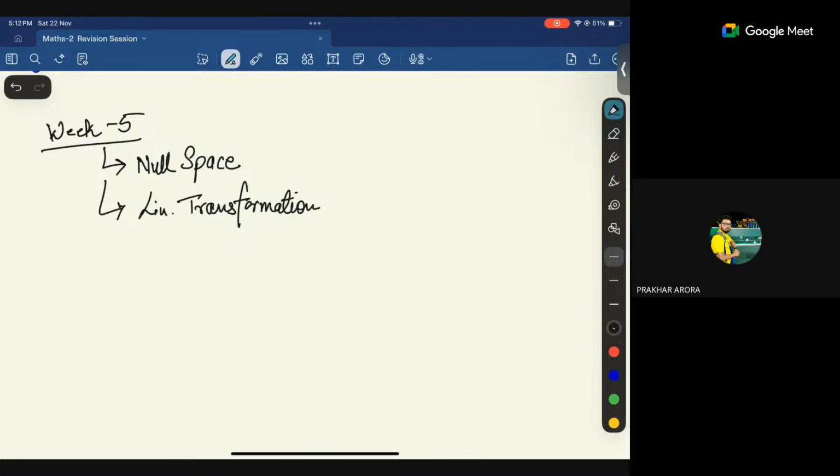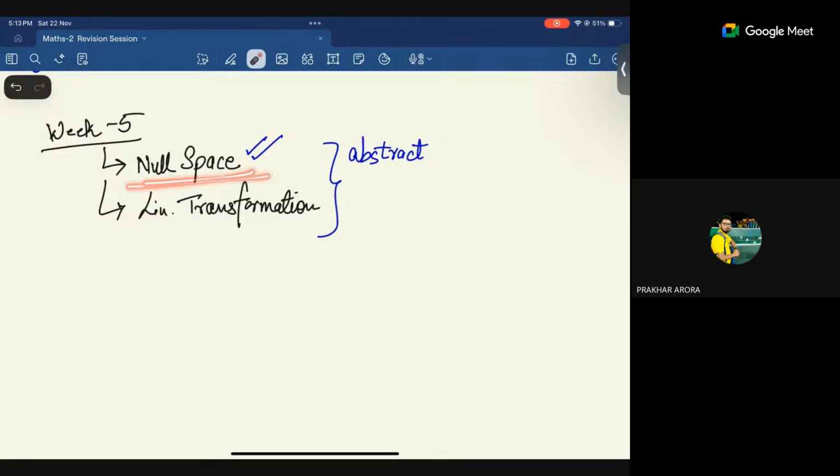Okay, both these topics, the questions on them are very simple. But the problem is that these two are extremely abstract topics. Maybe linear transformation is not that abstract, but null space is a very abstract topic, and most people complete the course Maths-2 and move forward to machine learning theories, but they don't really appreciate the concept of null space. So it is very important that you pay attention to the understanding of null space before you jump onto the questions.